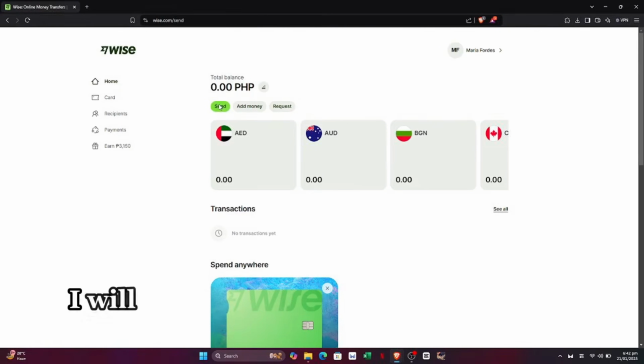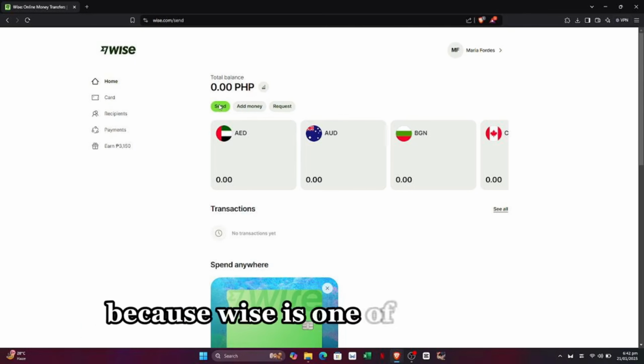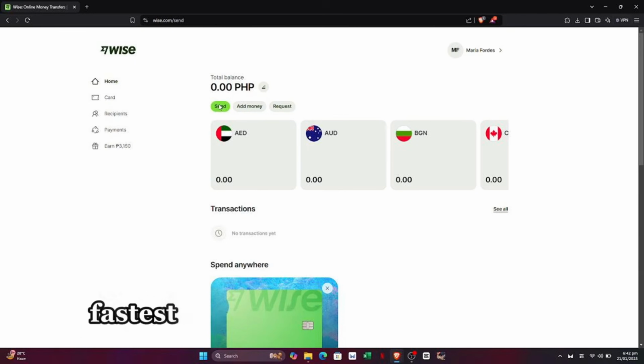In this video, I will show you how to transfer money from India to Canada bank account. So to do this, I recommend you use Wise because Wise is one of the easiest, fastest, and cheapest ways